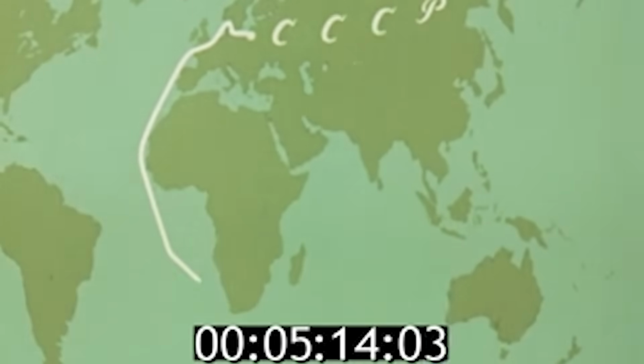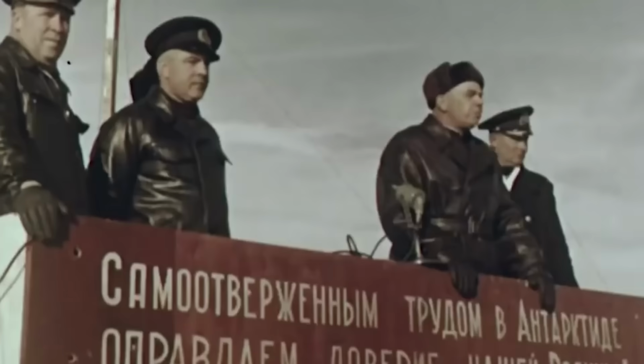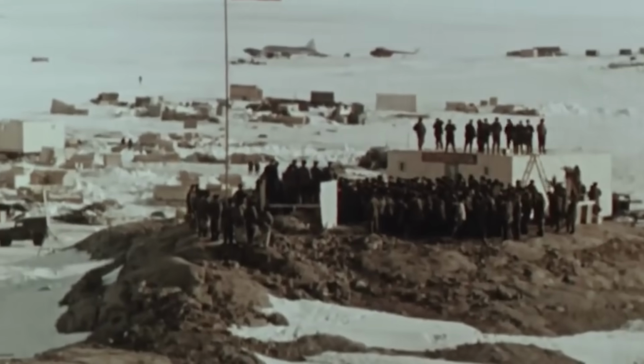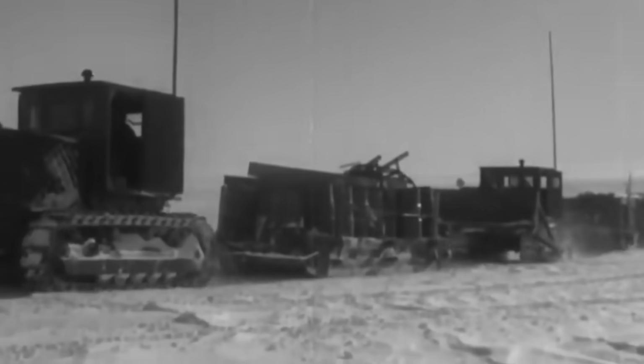The first Soviet Antarctic expedition set out on November 30th, 1955. Arriving on the Antarctic coast in early 1956, they eventually established the first Soviet Antarctic station and observatory named Mirny along the Pravda coast. Like most countries, the Soviets didn't have specialized equipment for Antarctica, and most of the vehicles